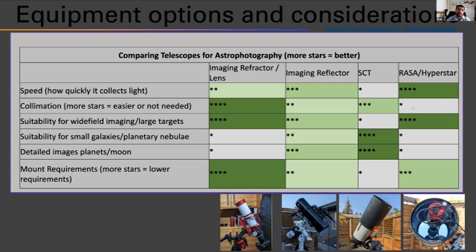But the downside of that then is that the collimation has to be done very, very well and is very, very touchy. Just the telescope moving to a different part of the sky can shift the mirror enough to throw your collimation off. And so if you're getting good stars in one part of the sky, they might be slightly off in a different part of the sky. And collimating a Hyperstar or a Rasa at f2 with enough accuracy that you can get good stars at the corners of an APS-C sensor or a full frame sensor can be quite challenging, and sometimes you need specialized tools.